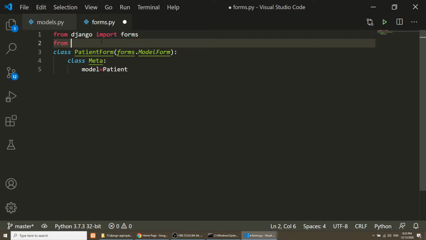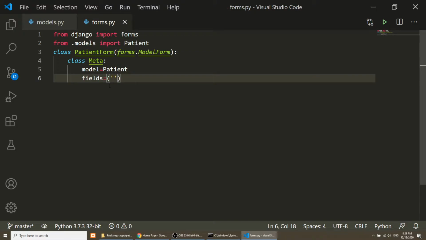Before defining the model we need to get the model, and which fields we need to show in the form we can define in the fields variable as a tuple.